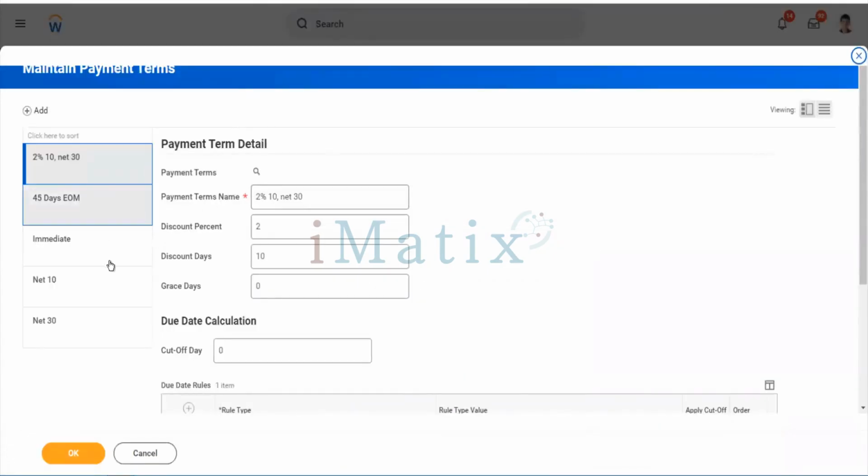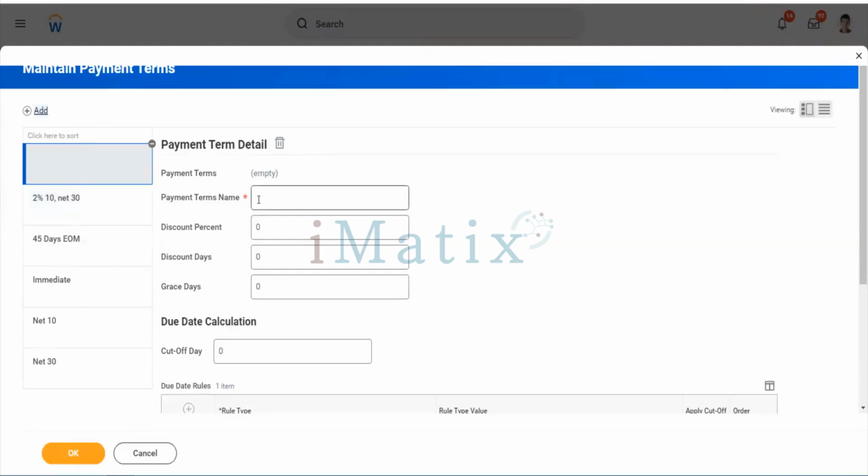We just have this money only, which is good. We'll create our own. You must be wondering, what is this 2 10 net 30? It means the actual payment date is net 30. But if the client pays within 10 days to us, we'll give a 2% discount. I'll tell you that also, how to find the discount date, by when they will pay and by when we'll give them a discount.